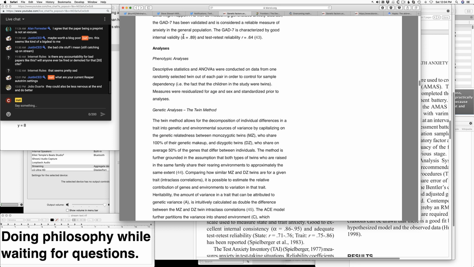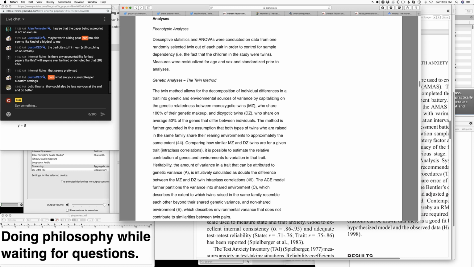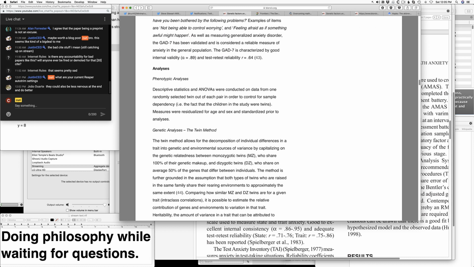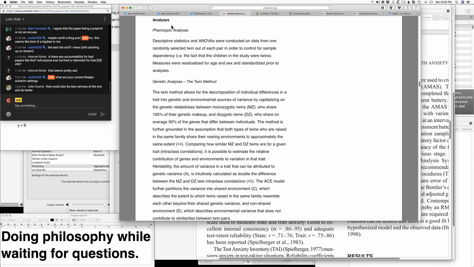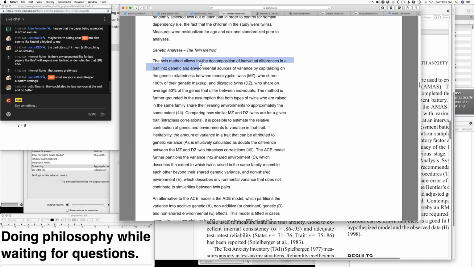We could look up what alpha and R actually mean, but I don't care that much. It's so bad it doesn't really matter. You don't have to go into that level of detail to actually refute this article. I want to get to the part where the twin method allows for decomposition of individual differences in a trait